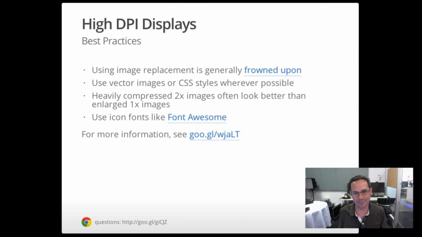For best practices on this, there's a lot of things that a lot of people are trying these days. The number one thing that I would call out is that image replacement, so using some of the JavaScript libraries that people are used to using to do image replacement, is generally frowned upon. It's a performance hit. You start downloading one image and then you replace it, so you end up downloading more. It's just generally not the best practice. Instead, use vector images and CSS styles for maybe gradients or wherever you can specify